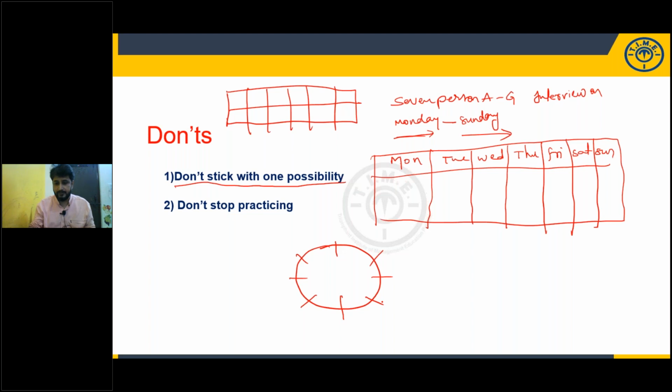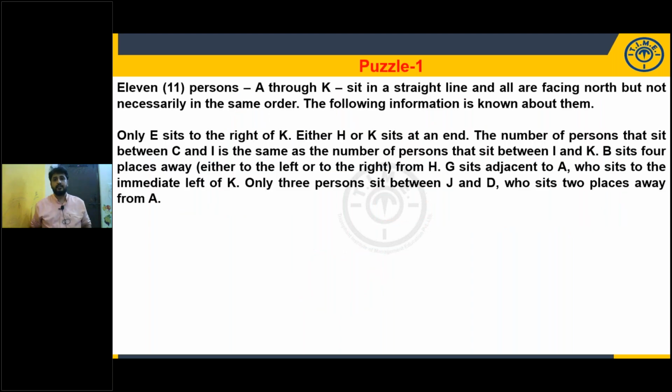Okay, that we'll see when we are solving the puzzles. Let's, without wasting time, see the important models topic by topic. First, we'll see the linear arrangement. In linear arrangement, three important sets are expected in RRB PO prelims and in RRB clerical prelims. Those three are,